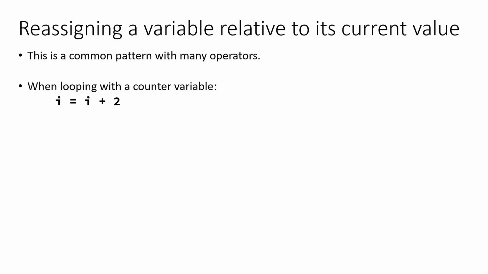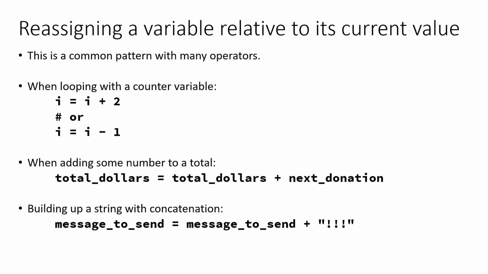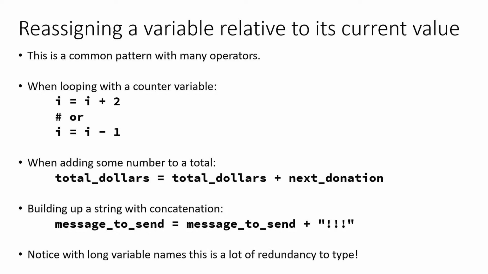The example we just saw, if you're looping with a counter variable, let's say you wanted to count up by 2s rather than 1s, or subtracting 1, which we saw in this past example. Also, when your variables start getting much longer, so you can imagine summing up or adding on to some sum you're accumulating, and what we just saw, concatenating with a string. This type of operation is so common when you're programming that Python has a nice shorthand for achieving this without as much repetition.